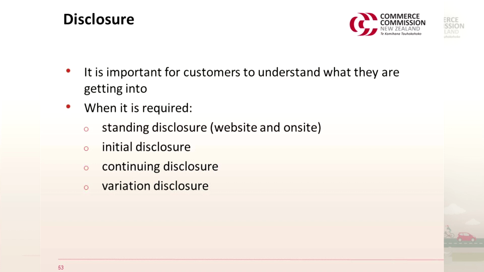So variation disclosure, we've had a few interesting investigations around variation disclosure recently. So the full particulars of the change are to be disclosed to the borrower. So we as the Commission expect that those changes would not only be the change that has been agreed, but also the flow-on effects. So for example, you're agreeing a variation to extend the term of the loan. We would expect that not only the payments would be provided for in terms of the change of those payments, but then also the flow-on effect to, say, interest and total payments, for example.